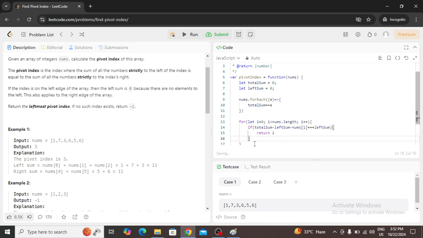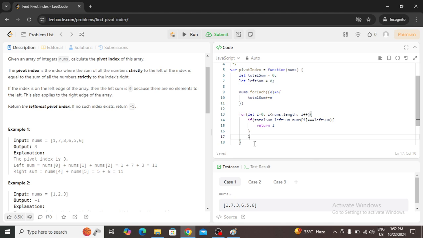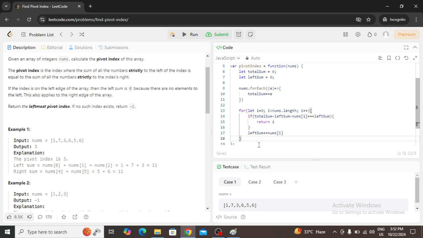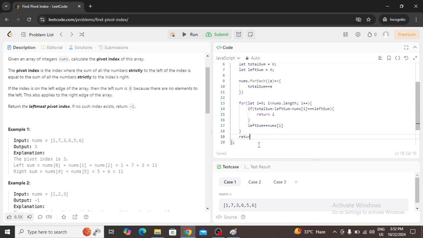If that index is not the pivot index, then add nums of i into left sum. After traversing every element, if we do not get any pivot index, then we simply return -1.